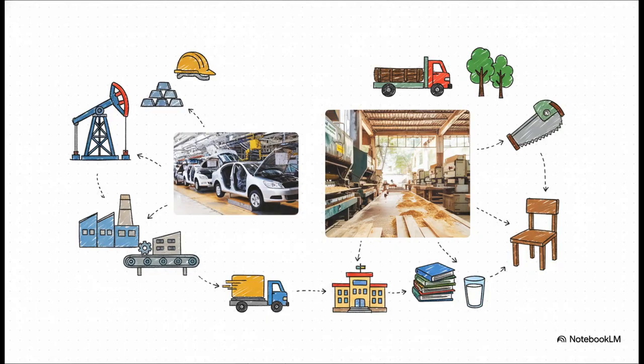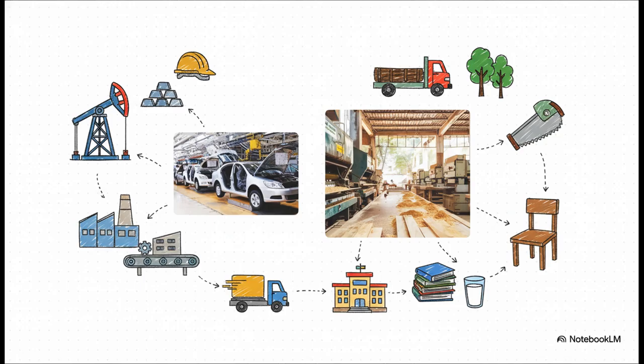Look at this. A car factory takes steel, which is made from iron ore that was mined, and turns it into a brand new car. That's a secondary activity. Or a carpenter takes wood from trees and makes a study table, taking a raw material and making a finished product.